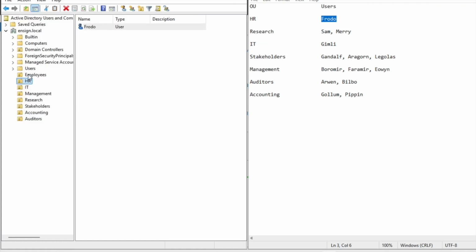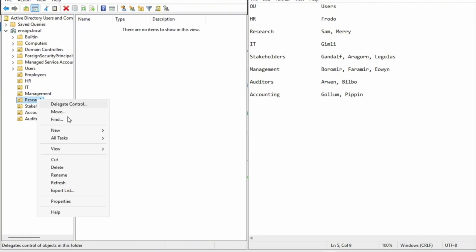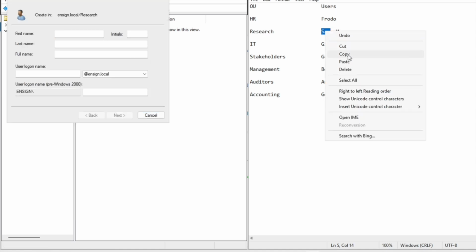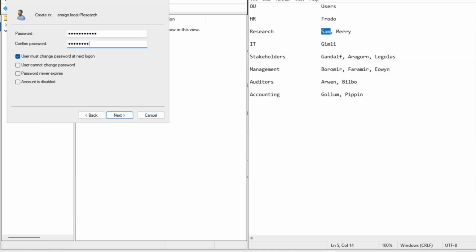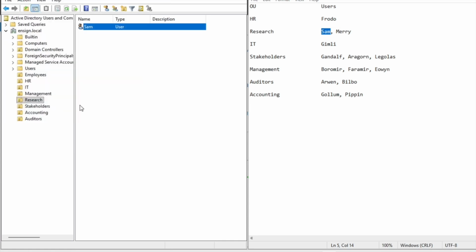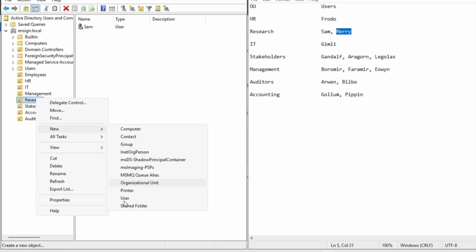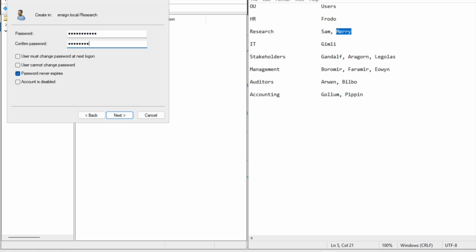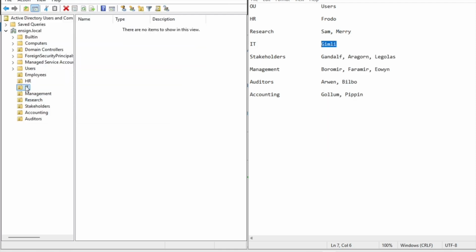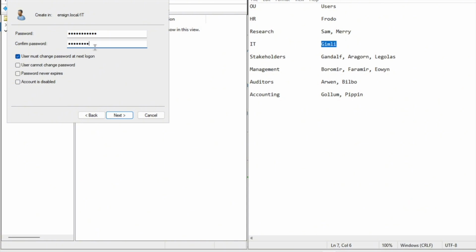As you can see, the user account has now been created successfully inside this organizational unit. We can confirm this by looking inside the OU and seeing the new user account listed there. Now I will repeat the same process for the remaining organizational units until every department has at least one user account assigned to it. Okay, just a summary of what I've done so far. I have created organizational units for the different departments. I have added user accounts for each of these departments. Now that all the organizational units and user accounts have been created successfully,